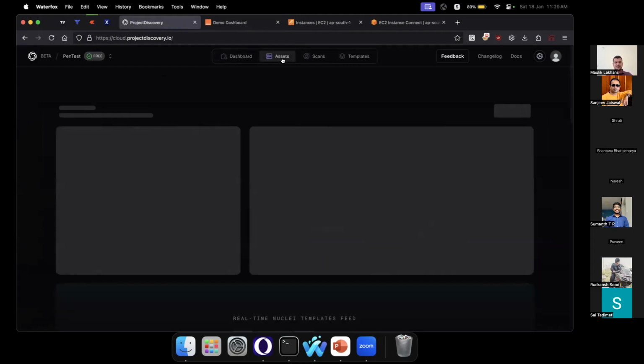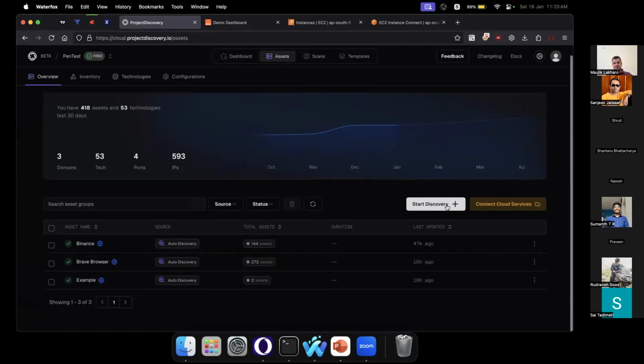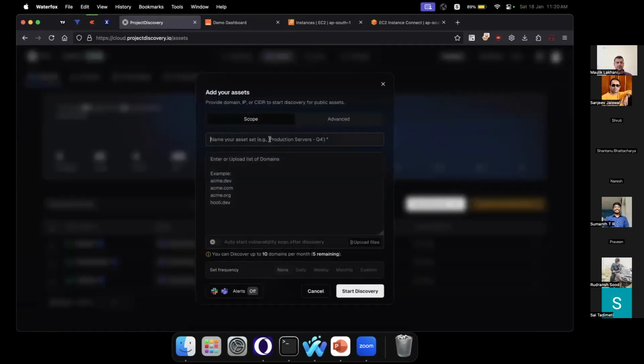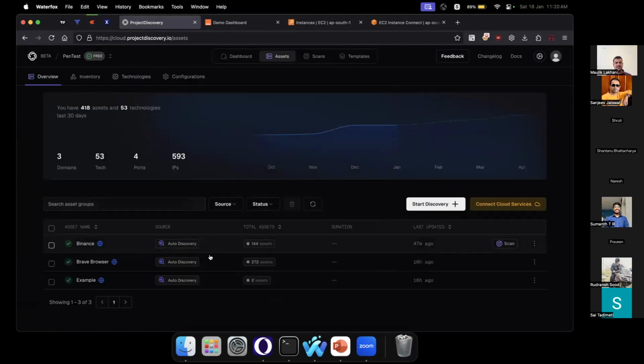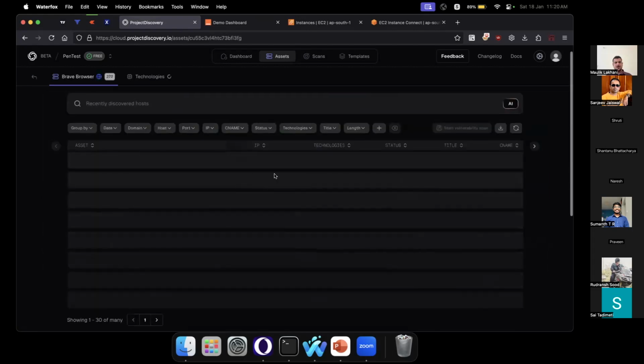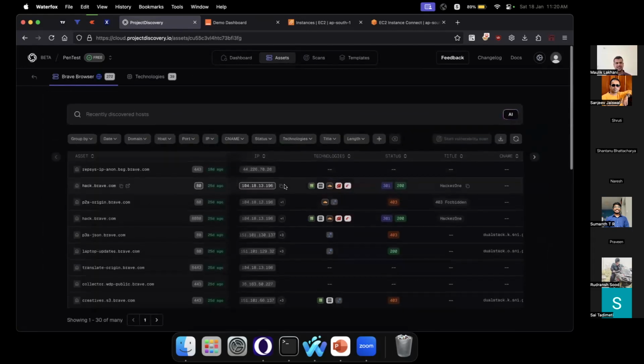Once you sign up, you can onboard your org, whatever org name you have, and then specify the list of top level domains such as acme.dev, acme.com, acme.org, and all of that. Once you do that, it will start doing asset discovery and show how many subdomains your organization has.